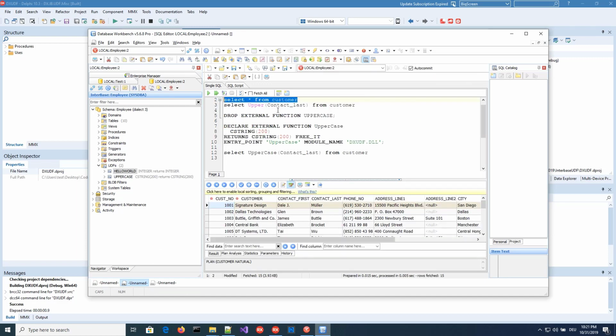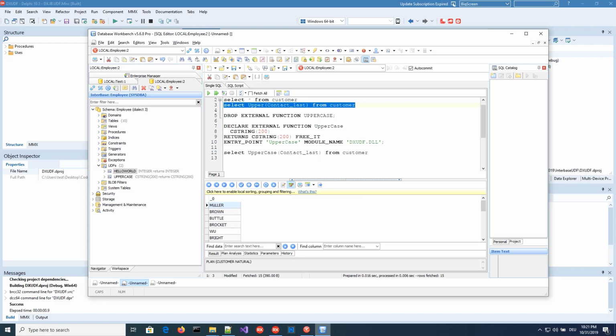The second one I have prepared is, again, we have the customer table here. There's contact last. You see there is brown, bottle, bucket, and there's this Muller. And let's try what happens if you select upper contact last from customer. And you see, if you look closely, this Mr. Muller has a U umlaut, which is one of those fancy characters we have in Germany. And if you look closely, that U umlaut is not really in uppercase, because the upper function only works on